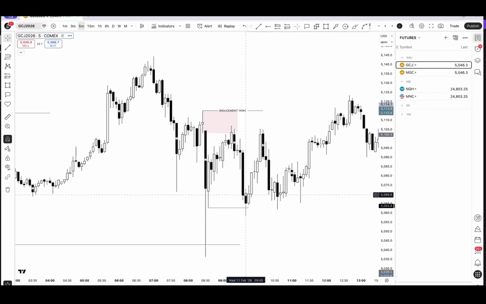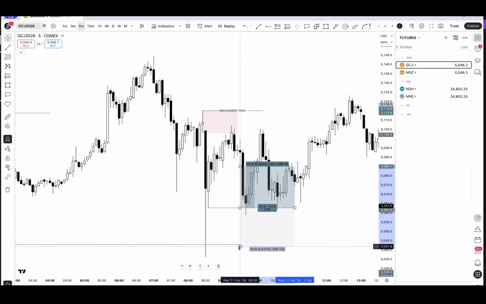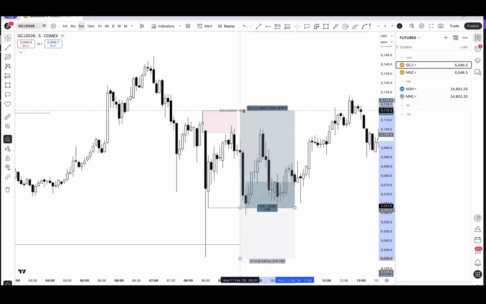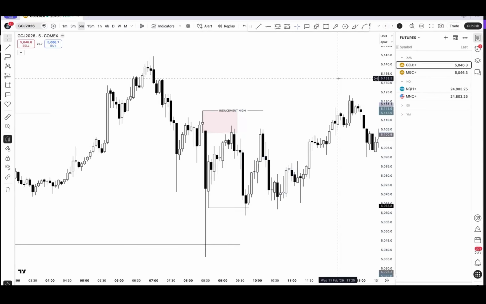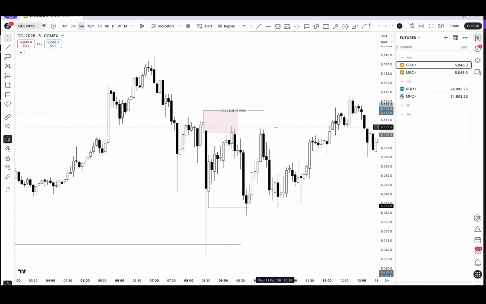Now, me personally, I wouldn't take the buy straight off of here because the RR just doesn't make sense. So I would potentially wait for some sort of confirmation entry. So now that I know we formed a new LB by taking out the low, I just need to see what's next. I need to see some sort of build up or trap move. I need to see price take out inducement low as well,